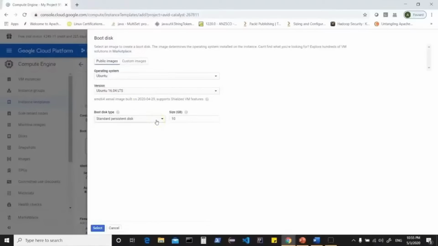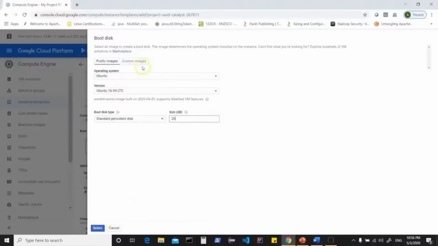So that could be standard persistent disk, which is HDDs, which are low in performance and you can say low in cost in comparison to SSDs. So SSDs give you better performance, but then they are a little more expensive than using standard persistent disk. We can choose this and we can give a disk size, for example, 20 gigabyte, and I can click on